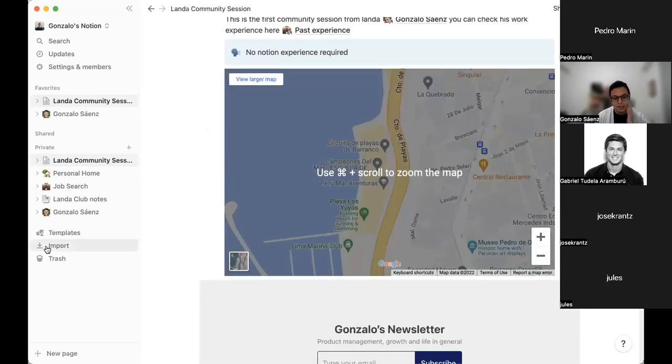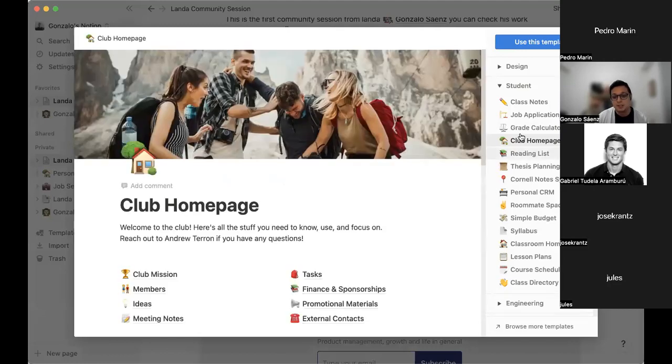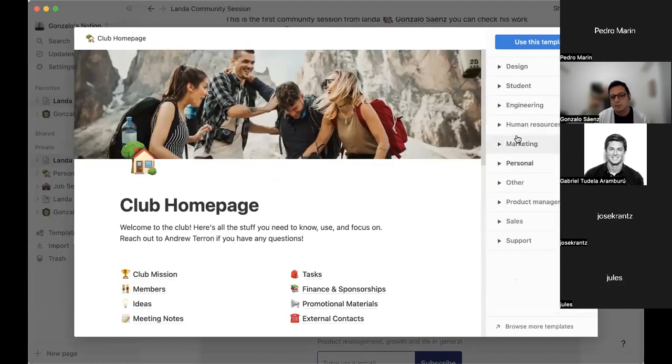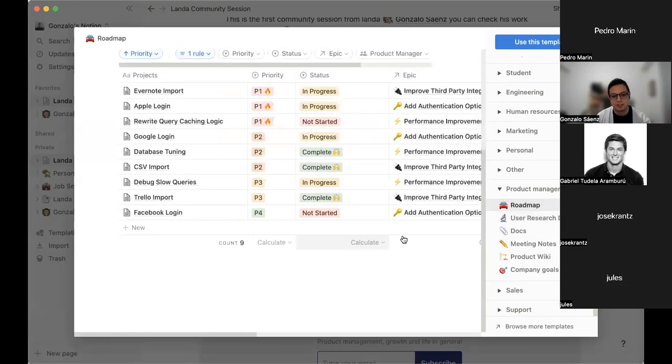And what's really cool, and this is useful both when you want to build a web page and when you want to use Notion as your personal CRM or give it another use, is that they also provide templates. You have all of these categories, for example, marketing, personal, human resources, product management. If you want to build a roadmap, they can provide you a template for this.